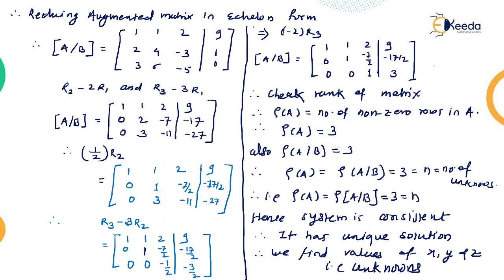So for reference, we call the echelon form of the matrix. This is converted into echelon form. We call this matrix 2 for reference, and by using this matrix 2, you have to find the values of x, y, z. Let A slash B be the augmented matrix, defined now in this way.